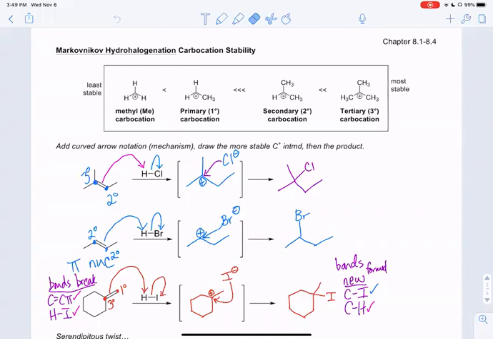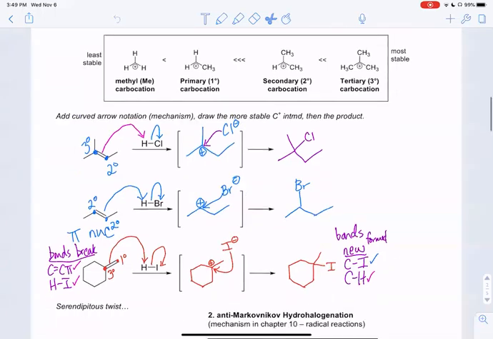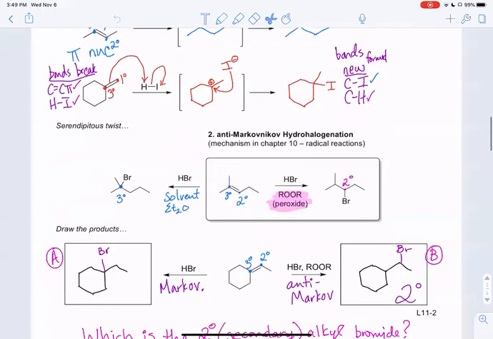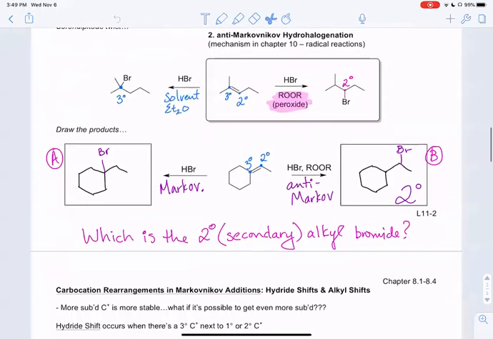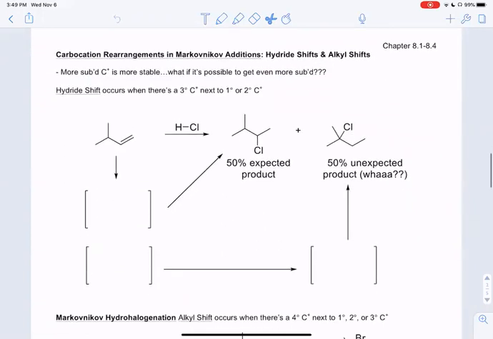Cation. This is where we left off-ish at the end of lecture, and we talked about some simple hydrohalogenation reactions, the traditional ones where we're doing Markovnikov style, and we have the option of getting a more highly substituted carbocation in these examples. So we see these tertiary, secondary, and then again tertiary examples of carbocations. We went on and just briefly talked about this anti-Markovnikov situation, and that leaves us here at this carbocation rearrangement